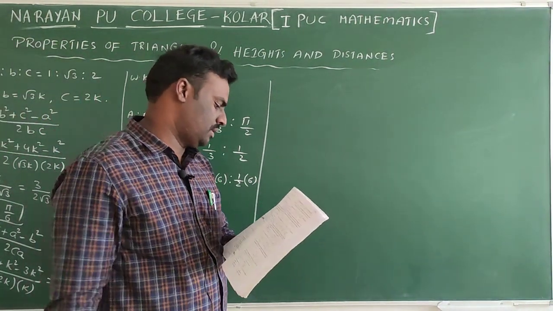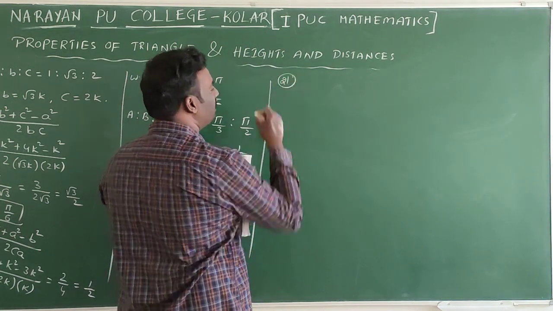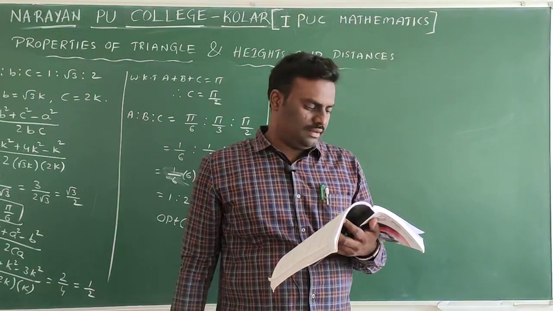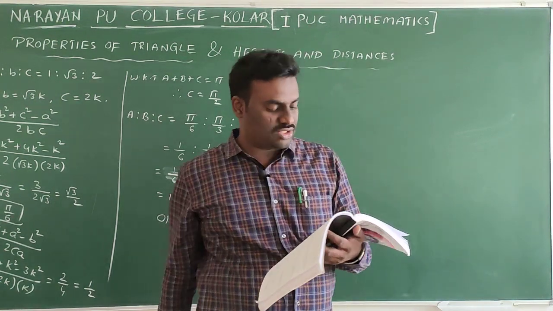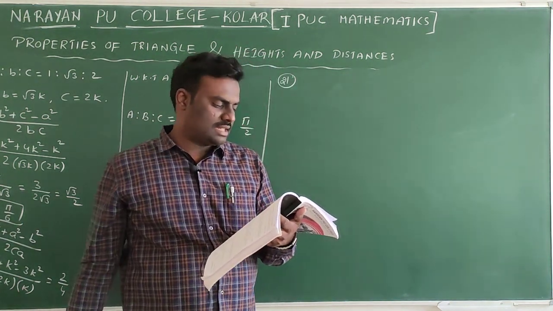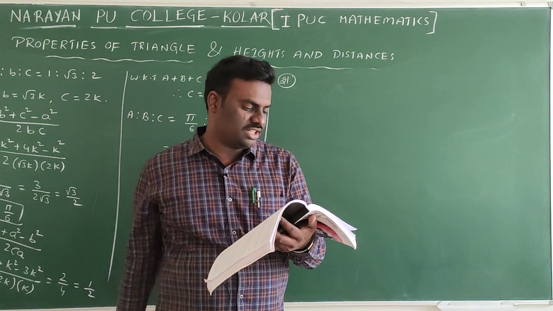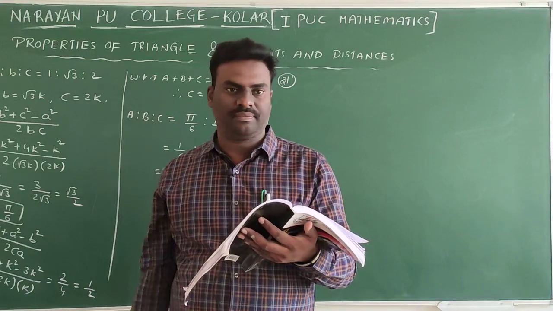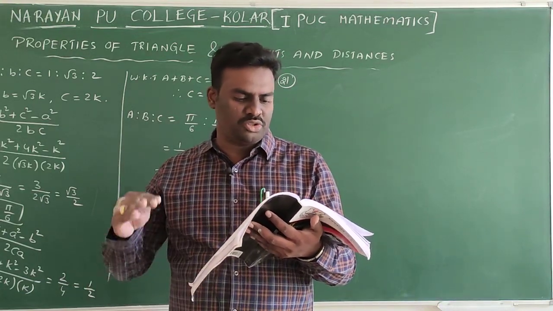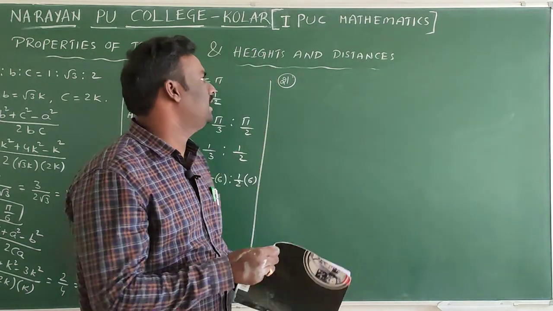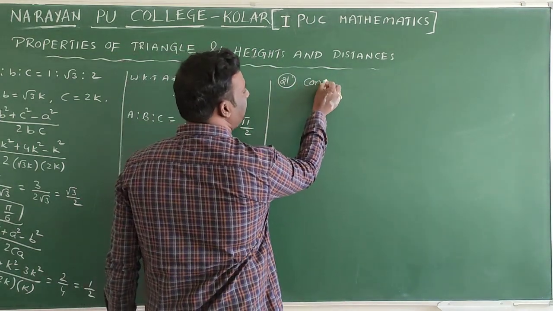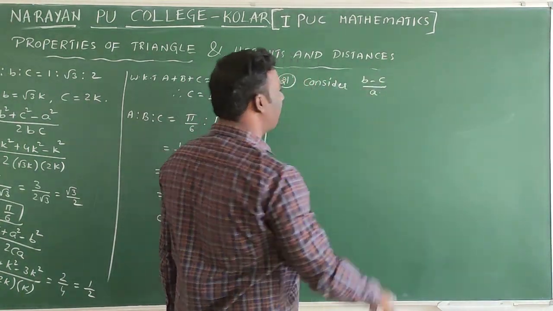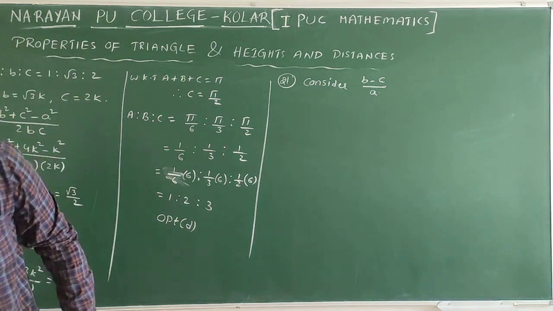Next, question number 21. In question number 21, in triangle ABC, small a, small b, small c are the lengths of its sides and A, B, C are the angles, then the correct relation. See, if you observe the 4 options in this question, the left side value is b minus c, and the right side value is small a. That's why I am finding, consider, the left side b minus c is common and the right side small a is common. That's why I am finding the value of (b − c) by small a.